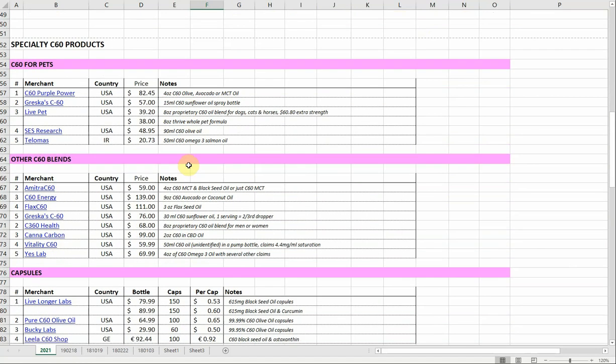Now, if there are vendors that are not selling olive oil C60, or they're selling C60 oil in different types of methods like capsules, this is where I kind of cover the specialty. And 3 years ago there wasn't even a specialty section. It was like one vendor selling pet, but now, in 2020, which is the year I'm reviewing now, it seems like in the year 2020